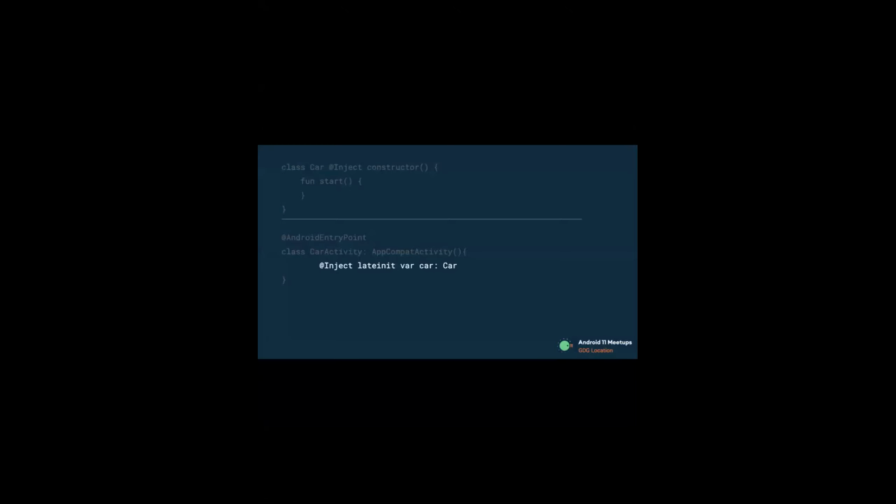And to obtain dependencies from a component, we just need to use the Inject annotation to perform field injection. And in the onCreate method, we just need to call the start function from our car and that's it.